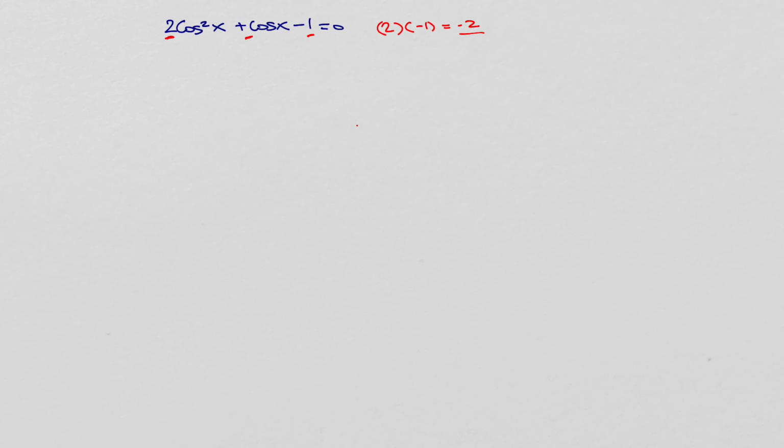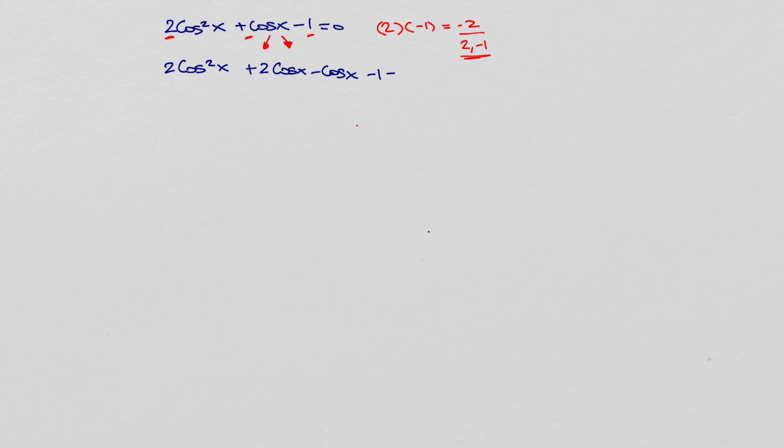So we would take the number 2 and multiply it by minus 1. So 2 times minus 1 is minus 2. What multiplies to give us minus 2 and adds to give us the coefficient of the middle term? So in other words, 1. So the answer must be 2 times minus 1. I'll put back in. So we have 2 cos squared x plus 2, and the middle term is cos x. So in other words, I'm breaking cos x into these two factors here, 2 and minus 1. So 2 cos x minus cos x,